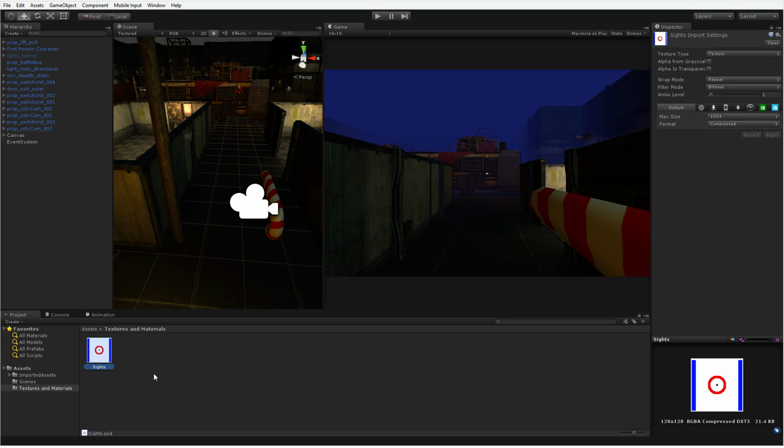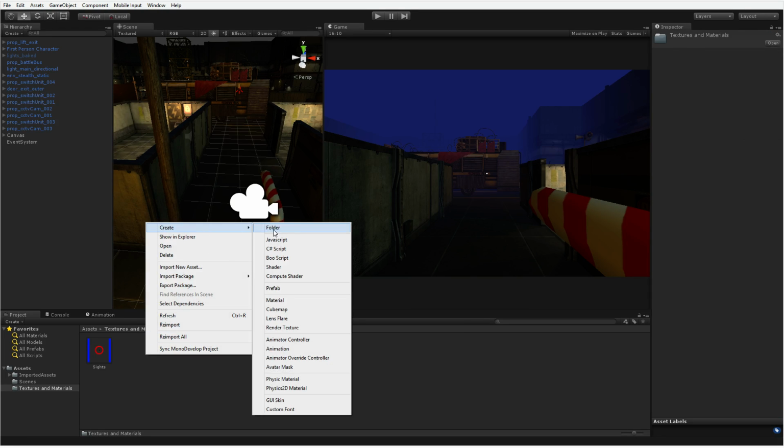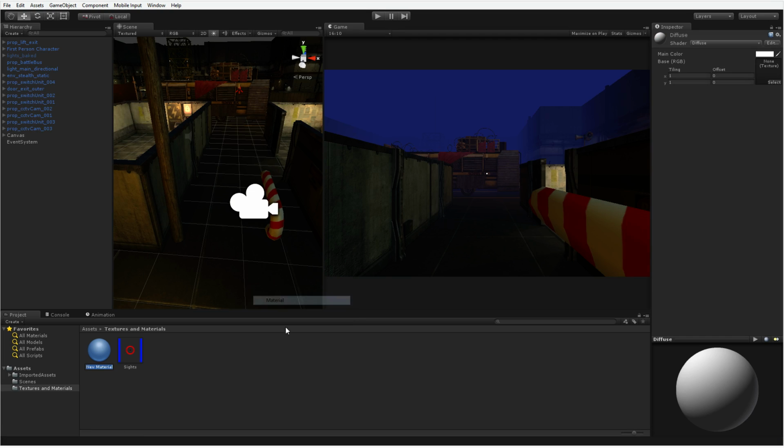And this is what it looks like. And I'm not an artist, so I'm going to stress that again. So just this. And I need to set it so alpha is transparency. So there we go. And I want this to look like it's glowing, right? And so what I'm going to do is create a material for this, because this is going to be a 3D object. So I'll create a material, which I'll just call sights. And I will put my sights on there.